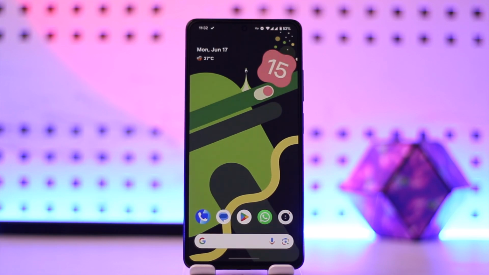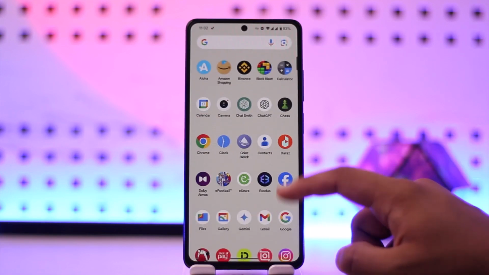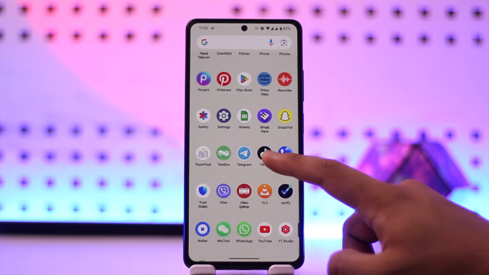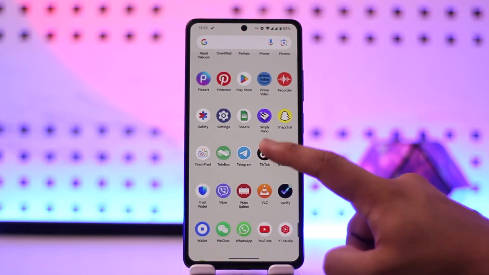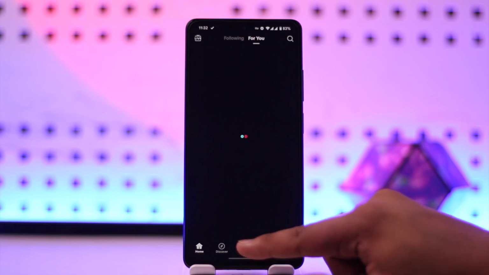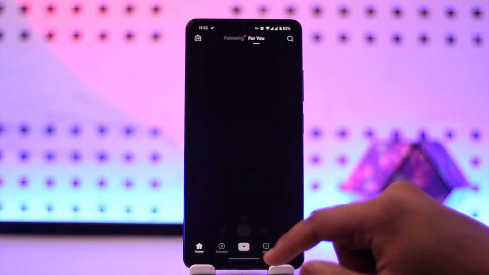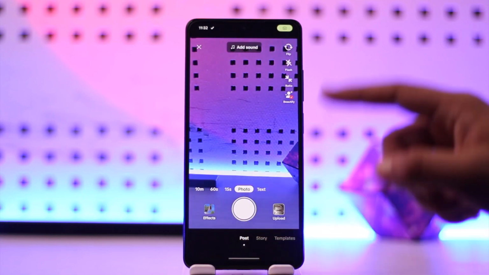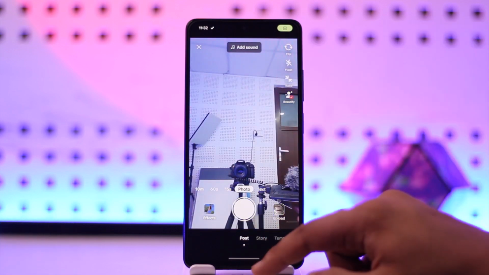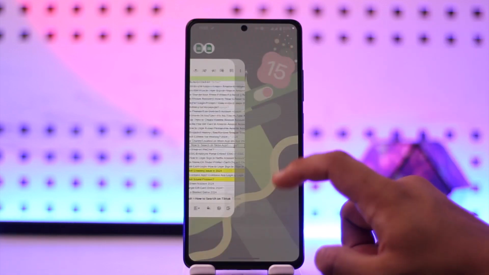Now if you want to fix the camera on the TikTok app not working, all you have to do is first of all launch the TikTok application. Maybe you're trying to call someone, or maybe you're trying to post something, but the camera is not working. So first, it could be that the TikTok app is lacking access to the